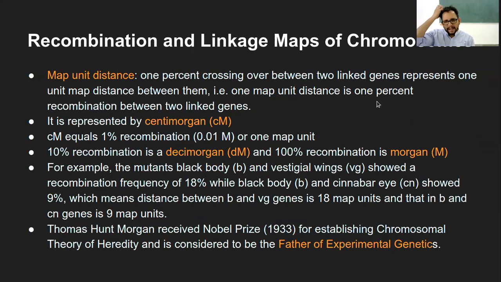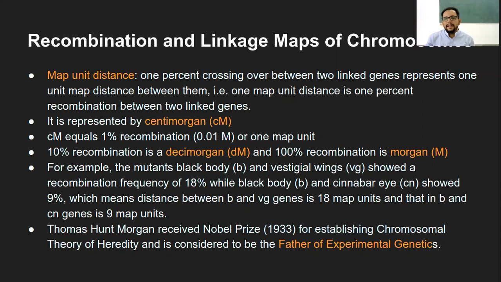And after that, to honor Morgan, this terminology was given, what we know as centimorgan currently, which is nothing but a map unit distance. Like when you draw something on a graph paper, you always indicate 1 centimeter is equivalent to whatever unit you are using, right? 1 centimeter is equal to 25 kilometer or 25% whatsoever, right? So that way, there is a unit distance.